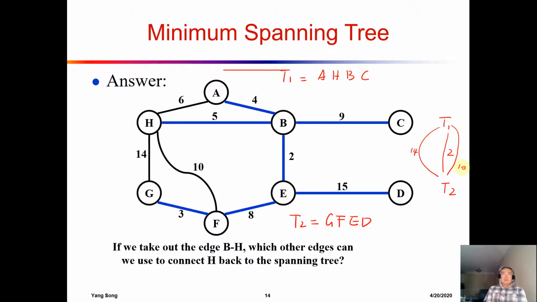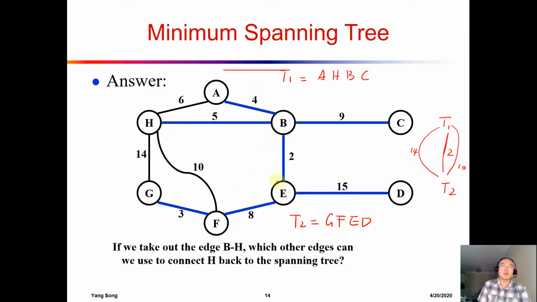Okay, so the point is, if we separate tree 1 and tree 2, or T1 and T2, we can see there are three possible ways to connect T1 and T2, right? Okay, and then what do we do? We want a minimum spanning tree. So we have to pick the one with the lowest cost,